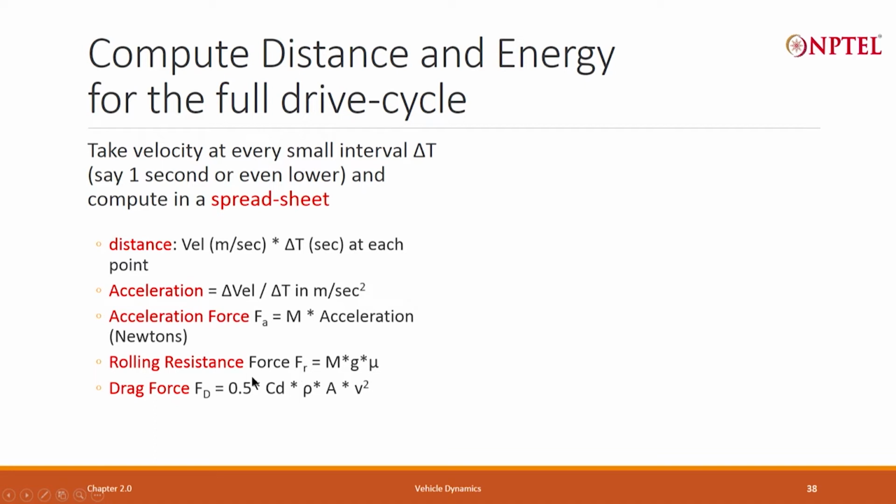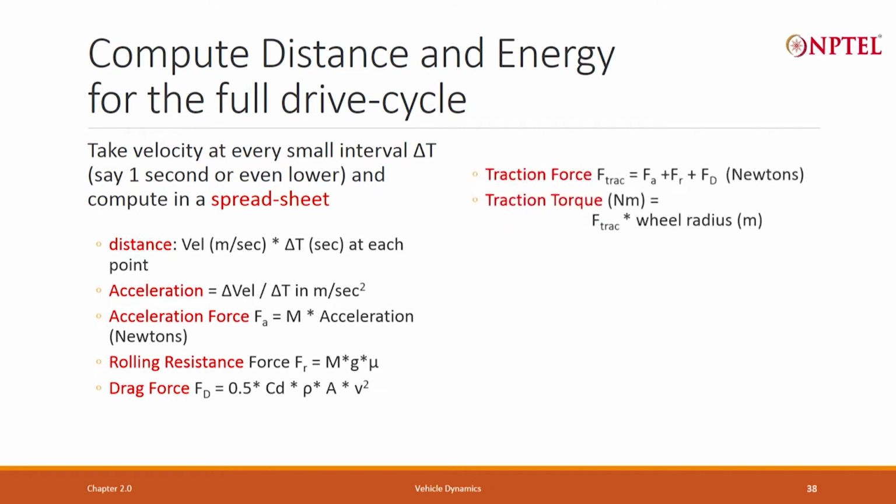You can assume mu to be constant. Also compute the drag force, 0.5 C d rho A is given, v is changing, every second it is changing. Take the average velocity and compute all of that. You go on. Now, since you have computed the acceleration force, rolling resistance, drag, you compute what is called